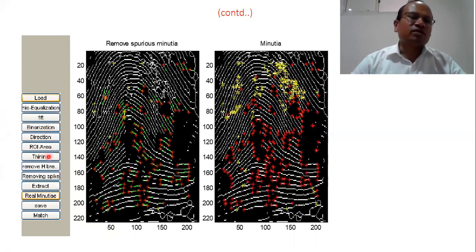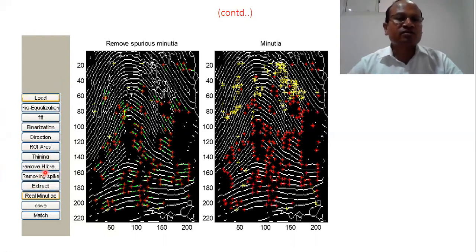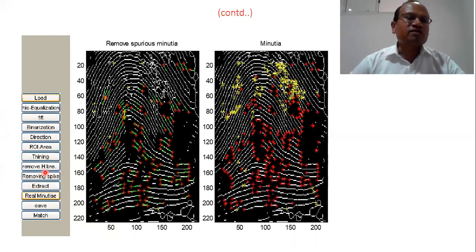In ROI selection, because we are not interested in the entire region, we can select the required area. Then applying thinning, removing edge breaks, which means H-like patterns, and then removing spikes, we extract the appropriate minutiae, which are the real minutiae, and those minutiae are saved as the template of the fingerprint, the true minutiae of the fingerprint.